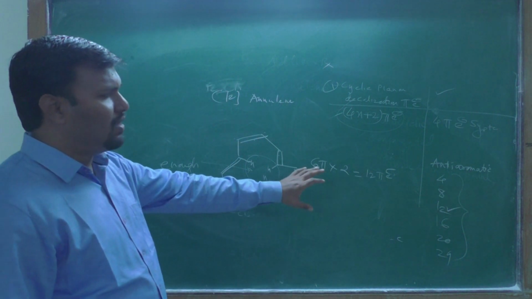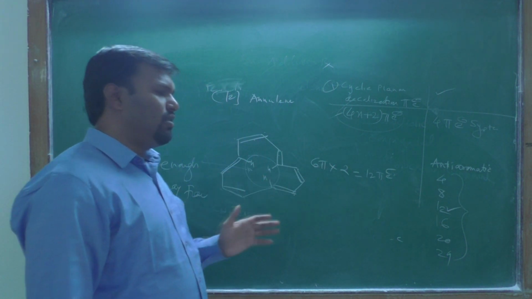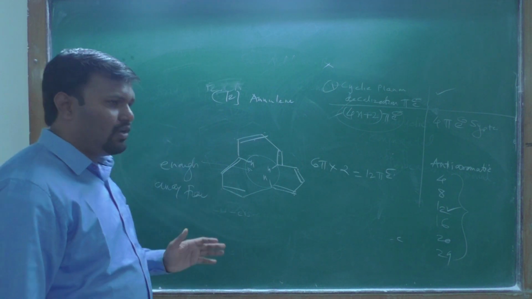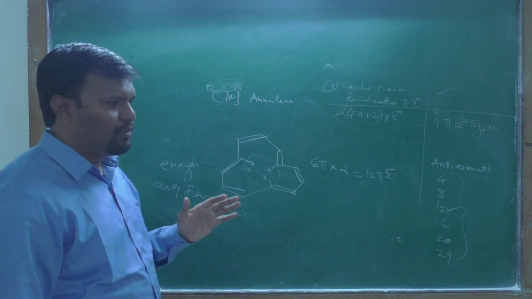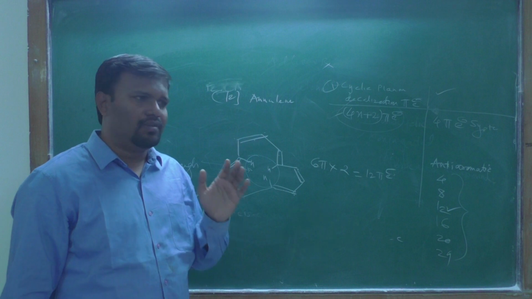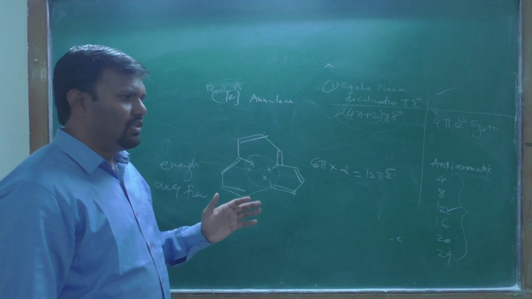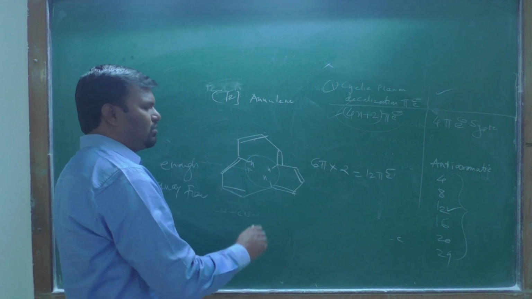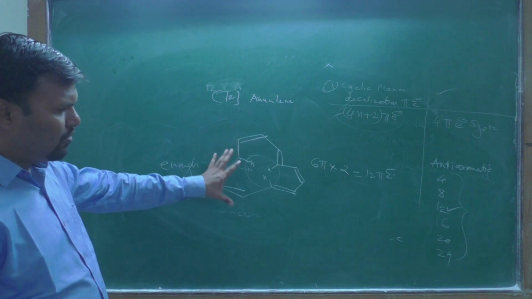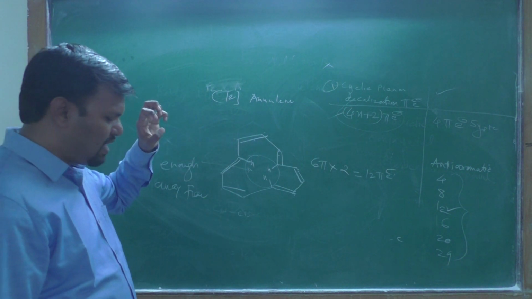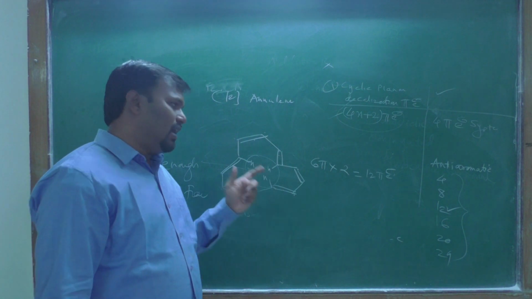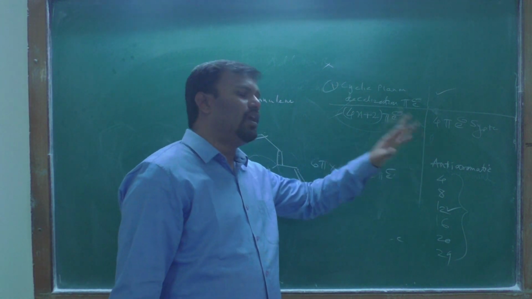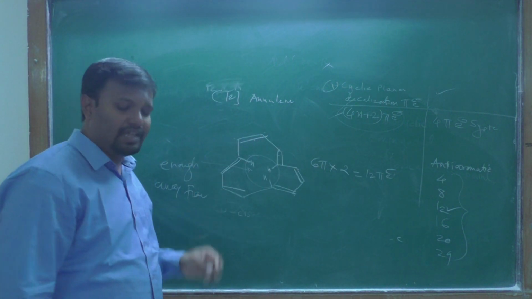But the first condition you should have fulfilled, then your compound may be aromatic or anti-aromatic. That first condition is your compound should be cyclic, planar, and if planarity is there, pi electron delocalization is definitely possible. Like that, this compound is planar, cyclic, and the pi electron delocalization is definitely there, and it is having the 12 pi electron system. Therefore a 12 pi electron system came under the heading anti-aromatic compound. Therefore that compound is the anti-aromatic compound.